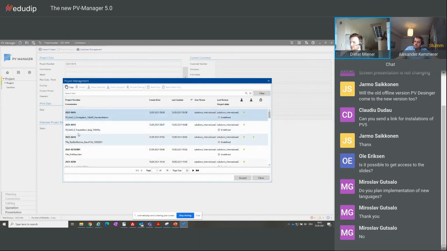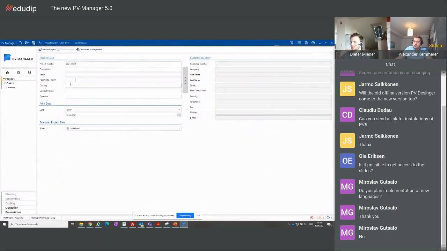Just to remind you, as Alex mentioned, if you have here PV projects from the old PV Manager version and you open it once in the new PV Manager, you're not able to open it again in the old PV Manager. So it's only possible in this direction. And if you're using the old PV Manager and want to open a project from the new PV Manager, then you will receive a warning that it's not possible. But anyway, so